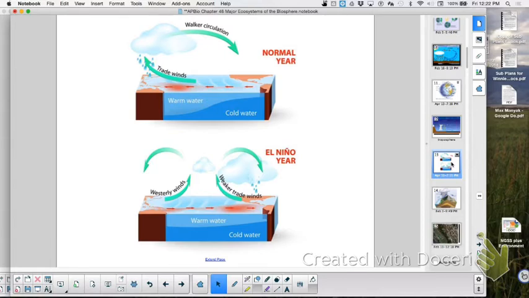The temperature of the water. It's warm all the way across, right? And so as a result, you have this warm water, warm air, you're going to rise not in one spot, but in two spots. And an area next to where the air is rising is going to get the rain, where it typically would be somewhere else in a different region.